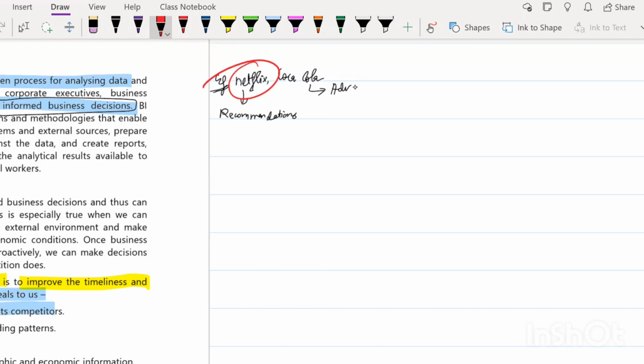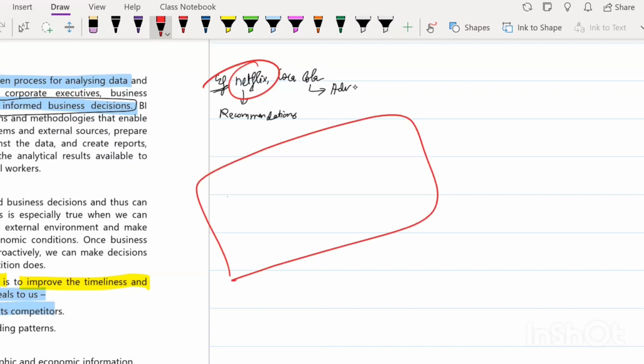So what I was saying is Netflix. People who are regular users of Netflix would understand that Netflix is one of those OTT platforms which is using business intelligence to a next level. There was a survey conducted. I'll tell you what the survey was on first. So what Netflix usually does is that,